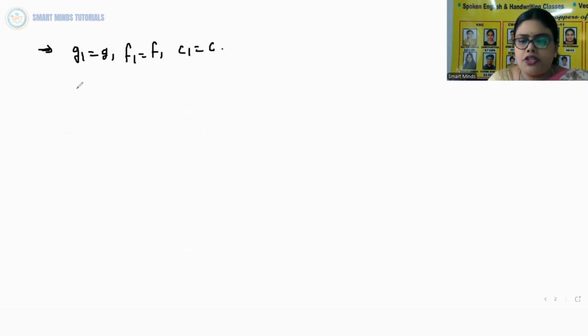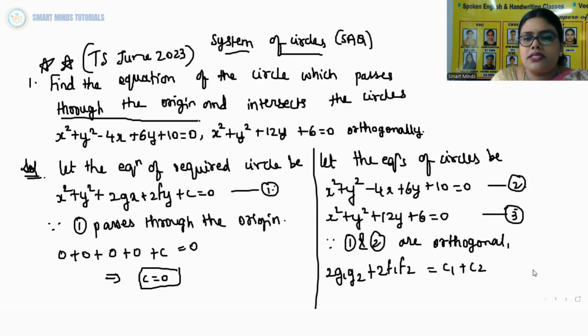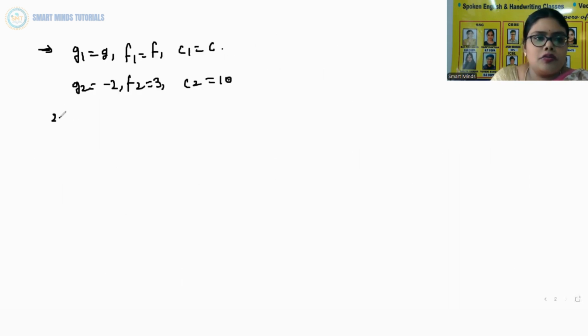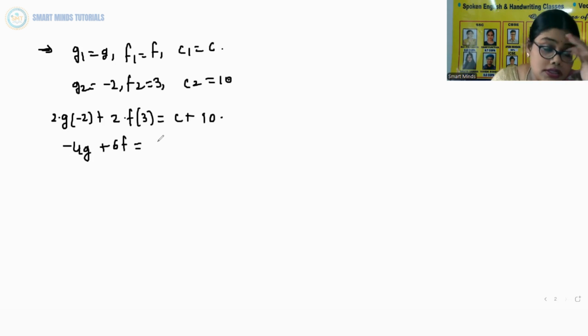Now from the second equation we take the g, f, c values and name them g2, f2, c2. So g2 is minus 2, f2 is 3 and c2 is 10. Now we apply these values in this condition: 2g1g2 plus 2f1f2 is equal to c1 plus c2. So minus 4g plus 6f is equal to c plus 10. This is equation number